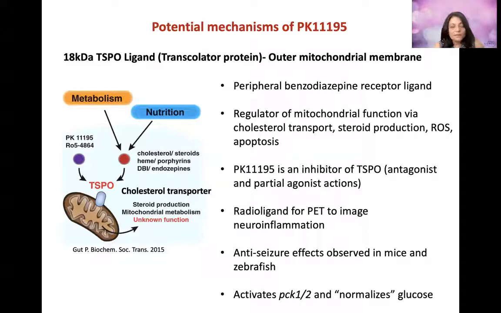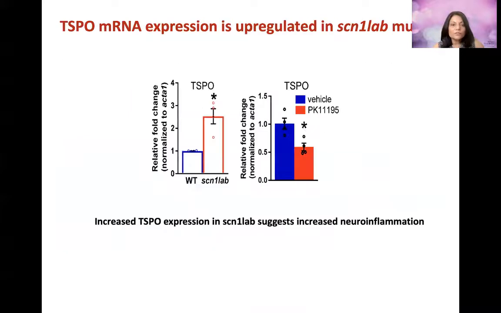So in a diabetes model, where you have high glucose levels, it brings them back to normal levels, whereas in this condition where we have the lower glucose levels, it actually brings it back to normal. And so we think it may be a sensor for glucose concentrations.